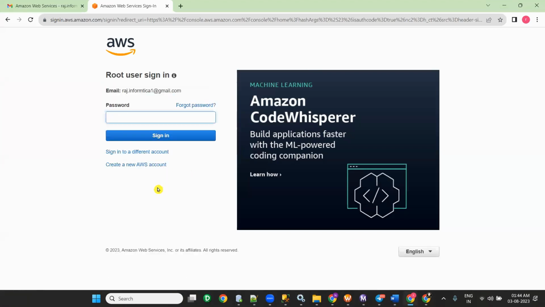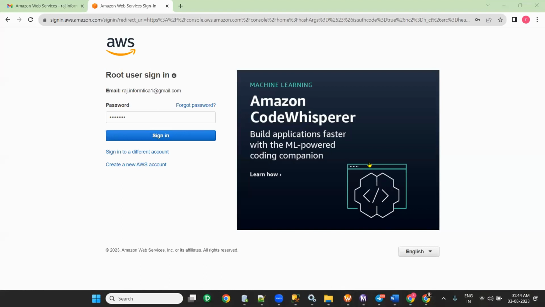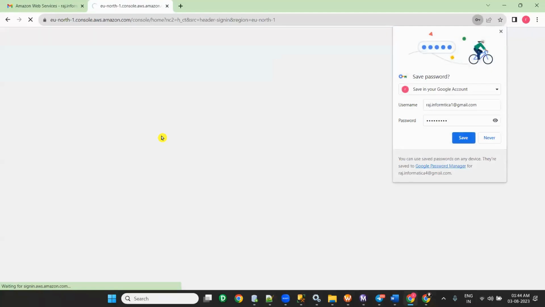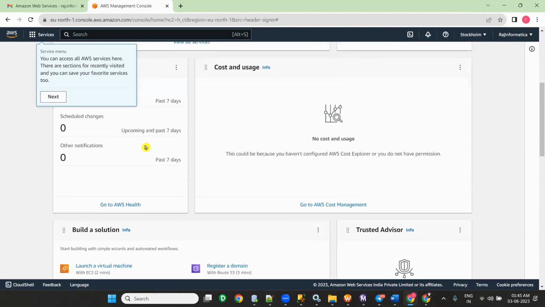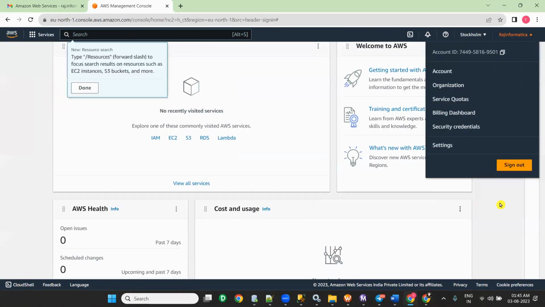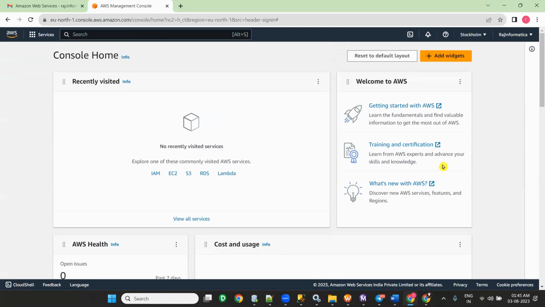Click on next. Then it asks for the password. You give the password which you have given already. Then click on sign in. Once you click on sign in, it will show like this. It will show all these things. You can click on next, done, done, done. Like this, you can click on it. Now, once you created the trial account and logged into